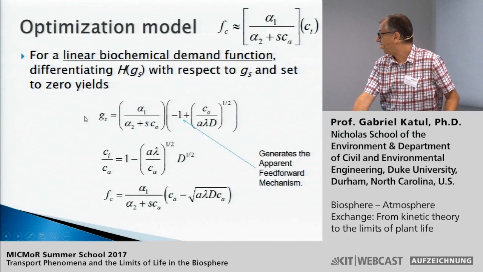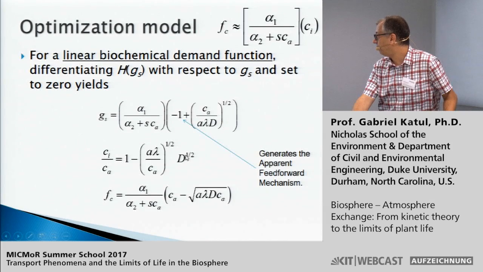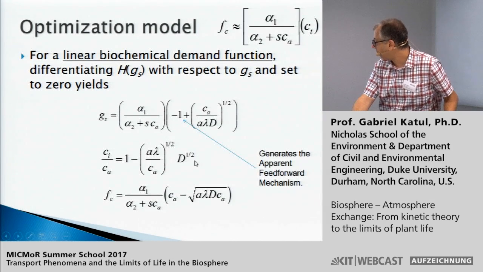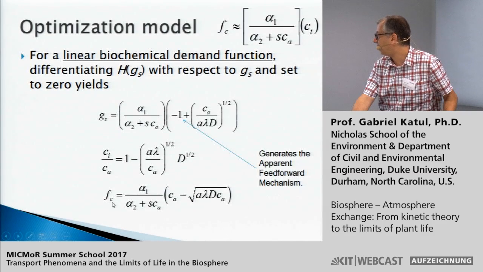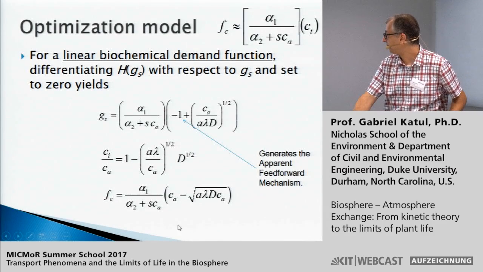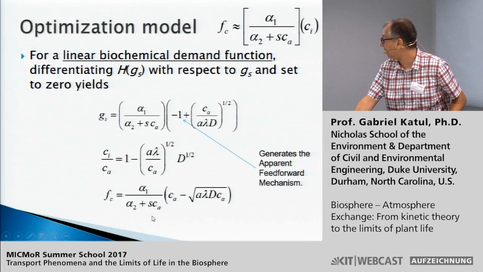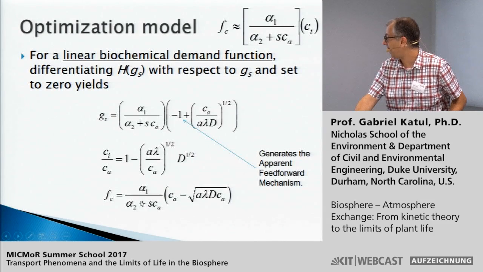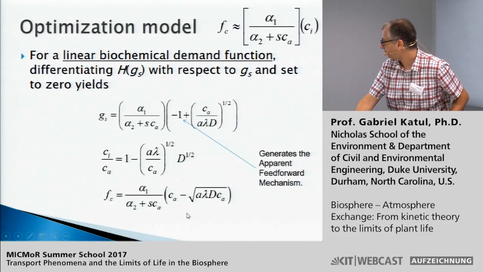But because now we have an expression for stomatal conductance, we can predict what the long-term Ci over Ca is, and that itself varies with vapor pressure deficit to the 1/2, and we will explore a lot what that means. And also, we finally have an expression for photosynthesis as a function of Ca, the marginal water use efficiency, or the Lagrange multiplier lambda, the vapor pressure deficit, and atmospheric CO2. And that is basically the slope of the ACI curve that links photosynthesis to internal CO2 concentration.